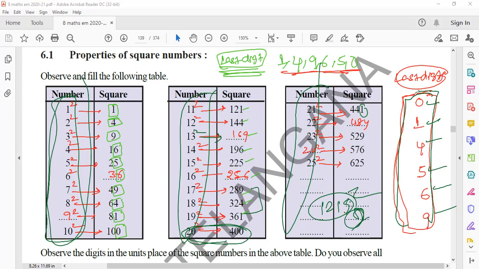So without doing anything, if in the future they mention any number, we can say what the unit digit of its square will be without doing the square root of the given number. We check only these digits: 0, 1, 4, 5, 6, 9. These numbers should be in your mindset. Is it clear? This is the square story. Next, I'll try to say what numbers I told you: the last digit of the square of any number.